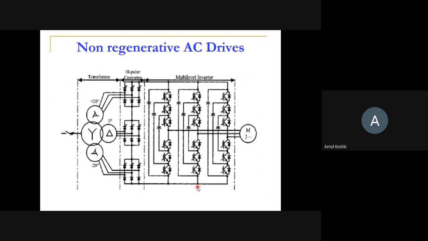Okay, so here if you see, a different topology is used. In cascaded again there are multiple types. We have learned only the simple bridge type. There is again with transformer, without transformer. So here we have referred only to the bridge type of the cascaded inverter. So here a different type of inverter is incorporated for the AC drives.